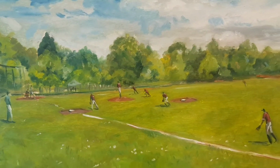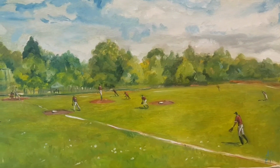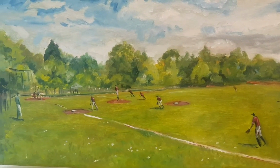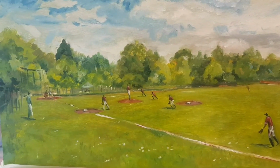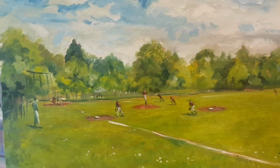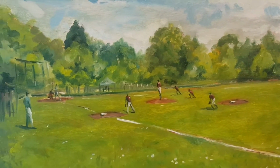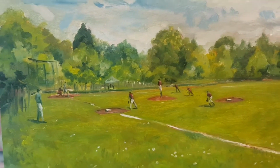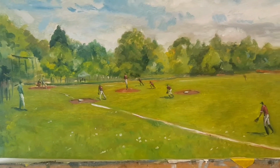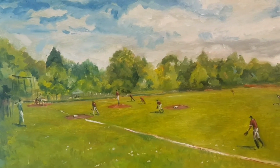Now, when they left, the diamond here at Marston Green lay dormant for over 60 years, but in 2003 it was revived and rekindled by a baseball enthusiast. Can't find out who that person was, but somebody had the bright idea of bringing baseball back to Birmingham. First of all, the team were called the Birmingham Maple Leafs, to hark back to the origins of baseball in Birmingham. In 2014, they were rebranded as the Birmingham Bandits,